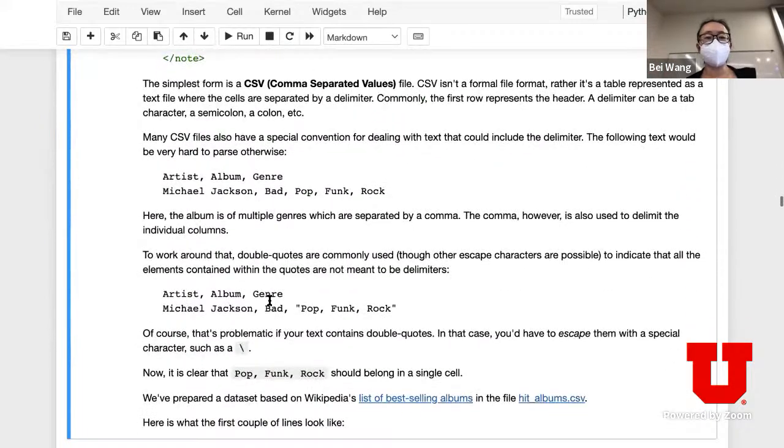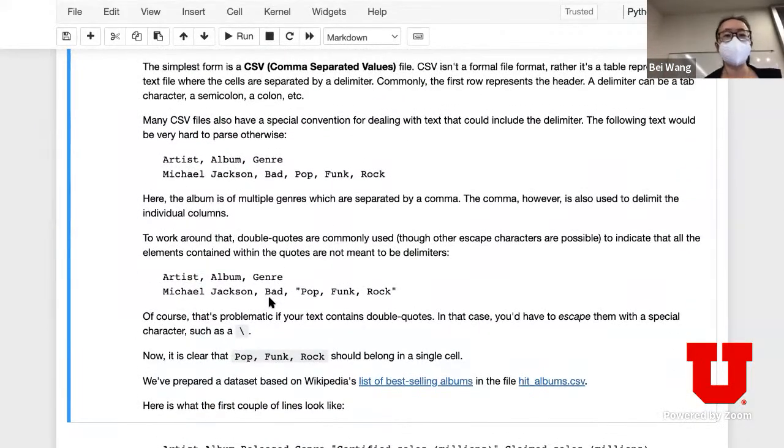The simplest one we're going to deal with is called CSV, comma separated value file. Surprisingly, even though whenever I tell you my file is CSV, there are a lot of variations of CSV. People mostly interpret it as a file format, but there are so many variations. So it's better to think about CSV just as a table represented as a text file, right?